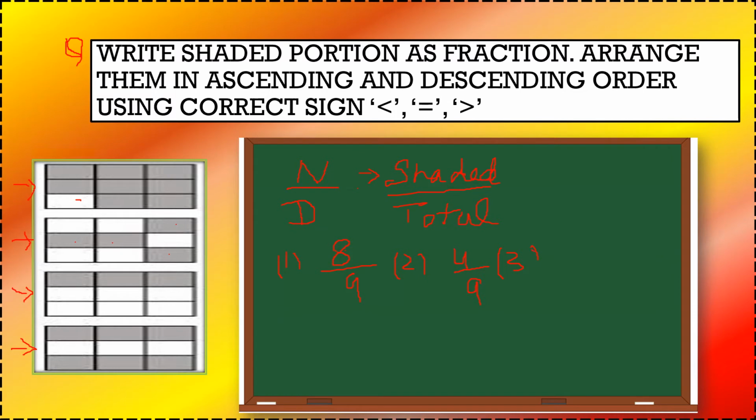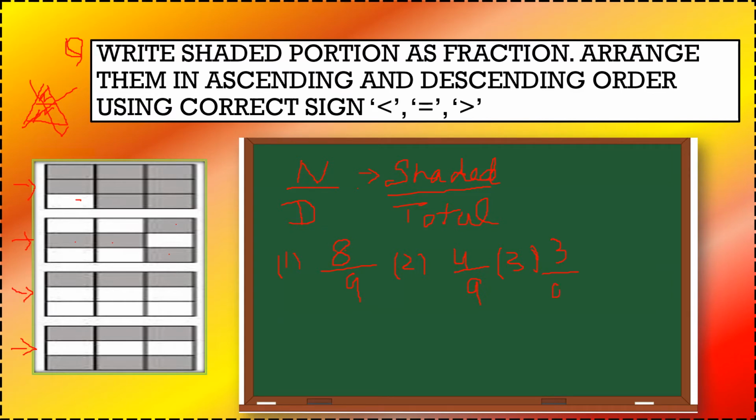Now children, one thing you should know, that fraction is always about equal parts. So if you have, let's say, a triangle like this, and you divide the triangle in 2 parts, so these 2 parts on the top and at the bottom, they are not equal. So you cannot write that after shading one part that this is half, as the size of the parts has to be equal. Okay, so now let's look at the third question. So third question is where again 9 parts are there, and how many are shaded? Very good. So we have 3 upon 9.